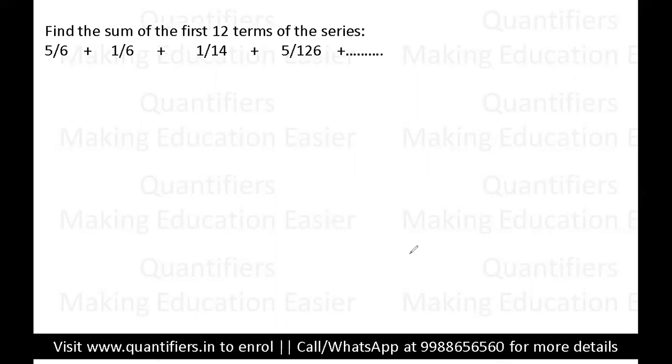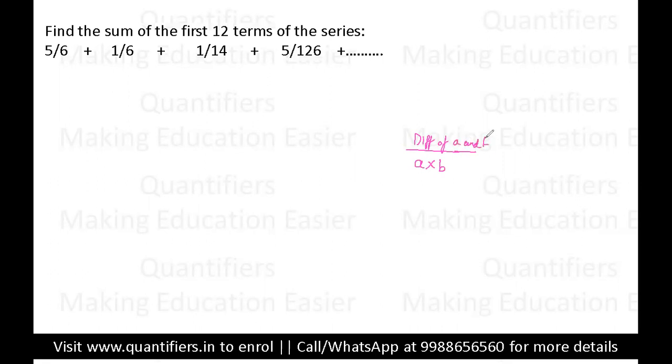Now, before I begin with the explanation, let me tell you a very small concept which is very important from exams point of view. आपने एक चीज याद रखनी है. If you have a fraction of this form, where there are two numbers multiplying in the denominator, okay? अगर मान लो कोई दो नंबर डिनोमिनेटर में मल्टीप्लाई हो रहे हैं, okay? So two numbers, a and b, are there in the denominator which are getting multiplied, and students, the numerator should be equal to the difference of a and b.